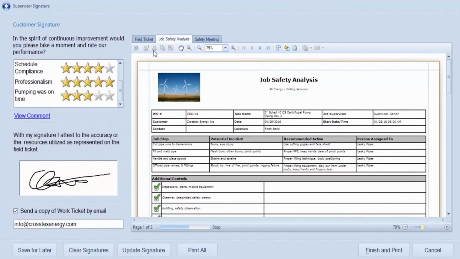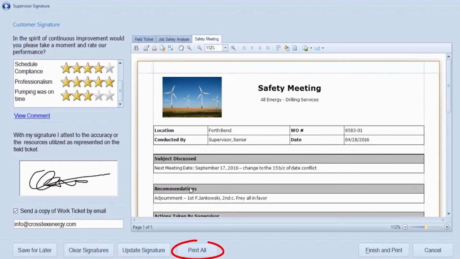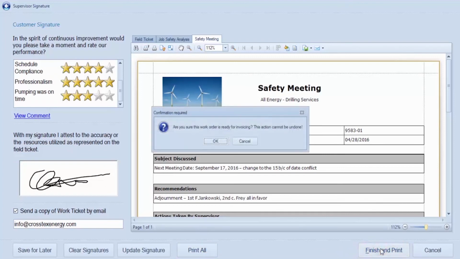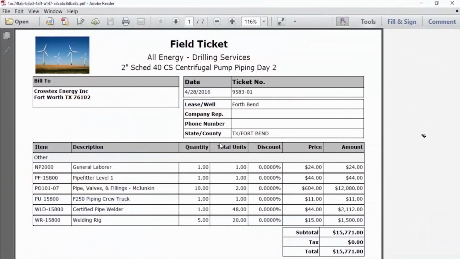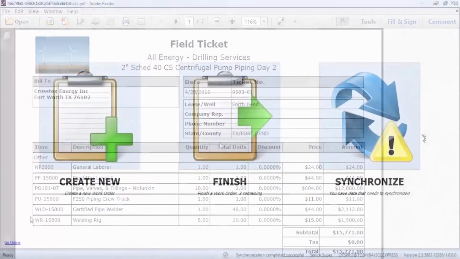From this window, reports can either be printed individually or compiled into one single document. To finalize, click the Finish and Print button to submit the work order to the office. A confirmation pop-up message will then appear. If you are sure the work order is ready for invoicing, click OK. The report will automatically open as a printable PDF file, and you will be returned to the OFS Field home